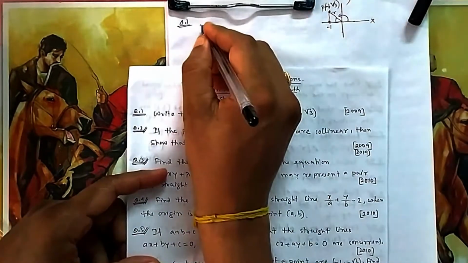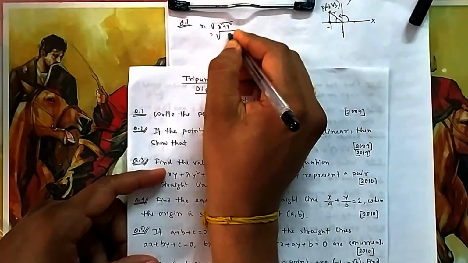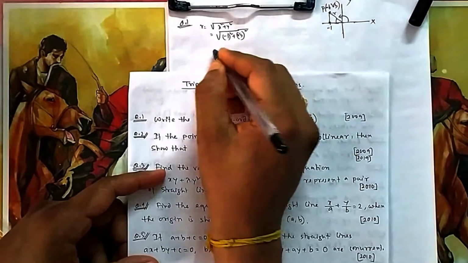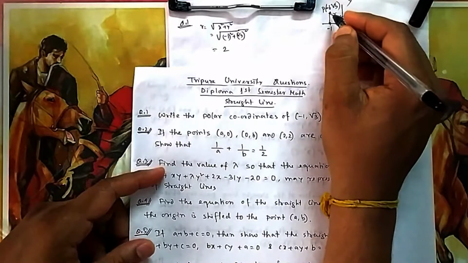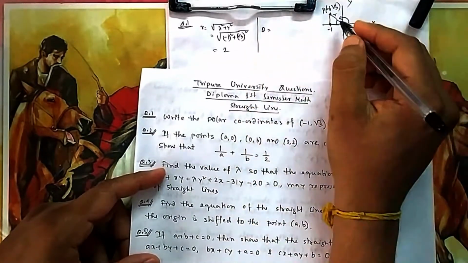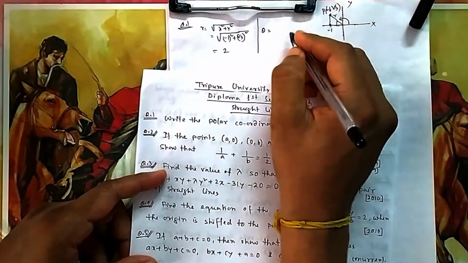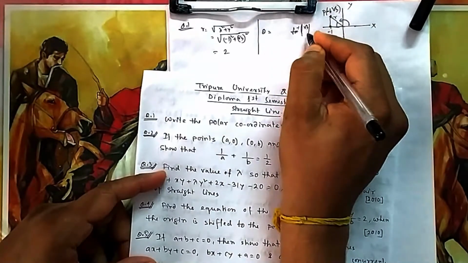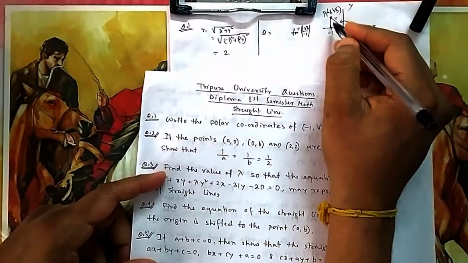So what is the formula of r? R is equal to under root x square plus y square. That is under root minus 1 whole square plus root 3 whole square. That is 1 plus 3, that is 4, so r is 2, and it is always positive because it is the distance from the origin to this point. R is always positive. Now what is theta? Theta, you can see, if I take only tan inverse root 3, suppose you take mod, that means you are taking only root 3, so you will get 60 degrees.